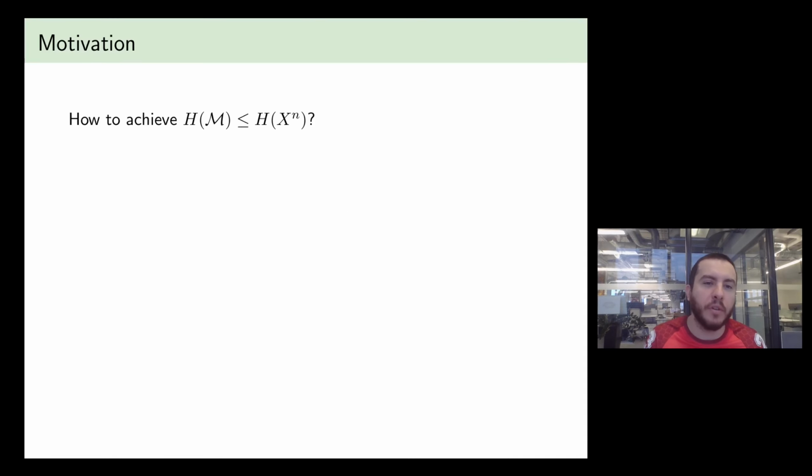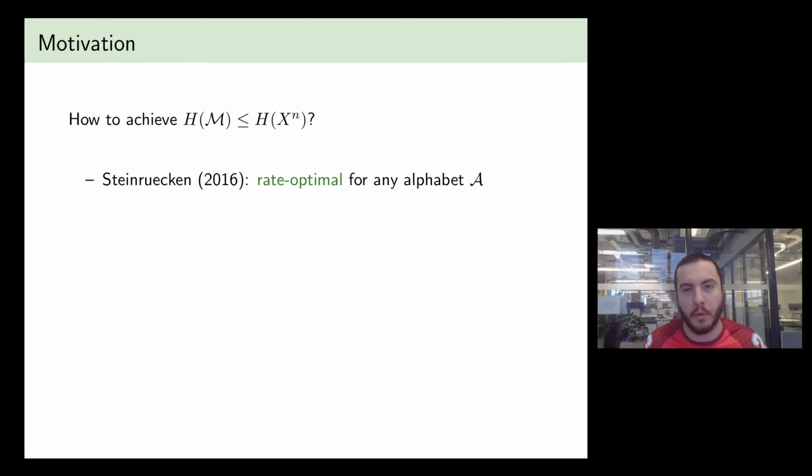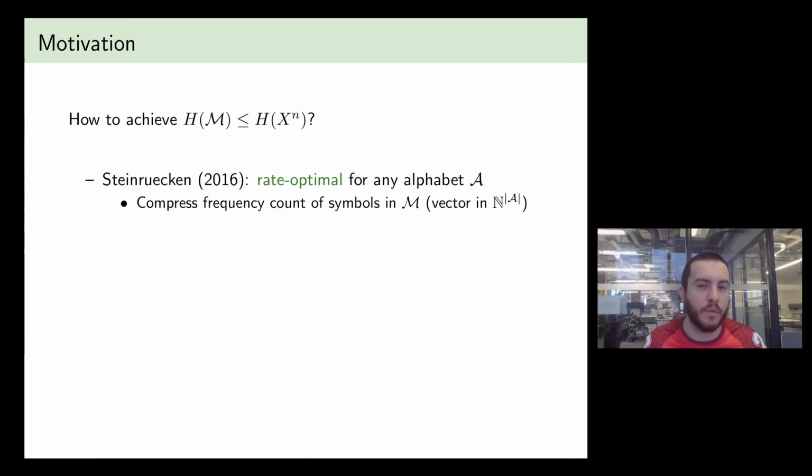So how can we actually do this? How can we actually come up with a scheme to compress M? This has been discussed previously in the literature, and there are methods that are optimal for any alphabets. For example, one way is to do a frequency count of the symbols in the multiset and compress the integer representing the frequency counts. And you would need to do this once for each element in your alphabet. So it's kind of like building a vector of the size of the alphabet and iterating over it while you encode each element. Now, this is inefficient if your alphabet is too large, basically because you need one step for each element in the alphabet.